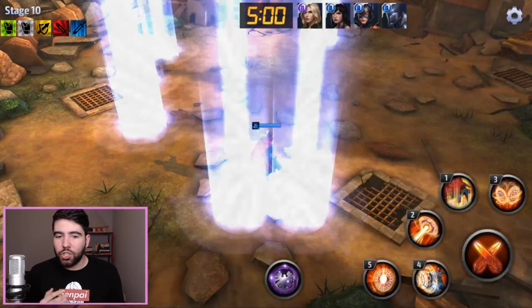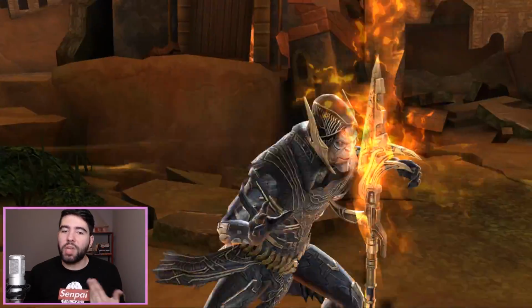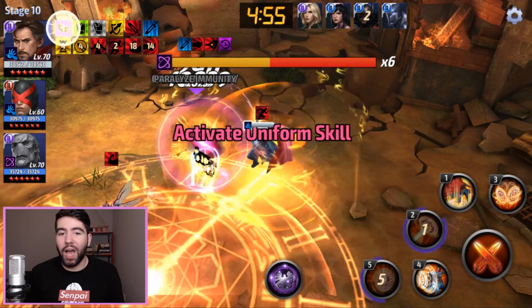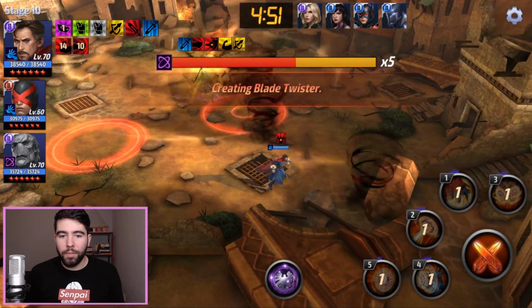So while it's not a huge buff in terms of the amount of damage you'll be able to do to Corvus, it does help you to just consistently put out more damage, and it also will help you to apply, if you can apply, of course, time freeze, and that's kind of the more valuable part of having...